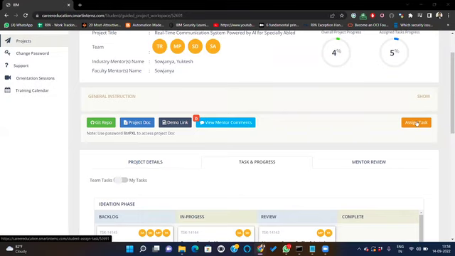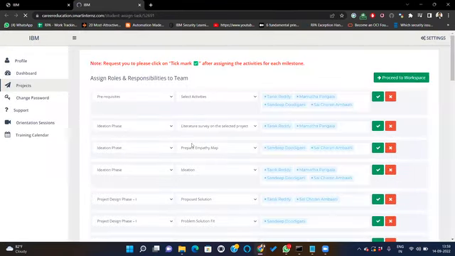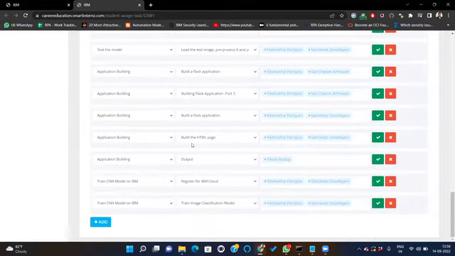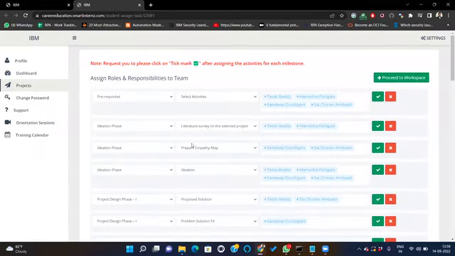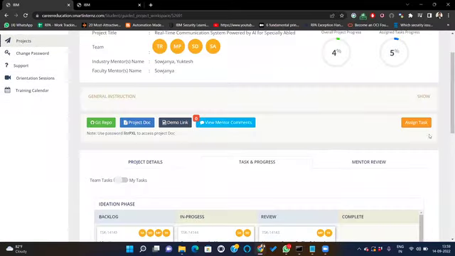The students who have made a mistake, or the students who are not able to see that assign task to team, can click on this assign task, and it will show what tasks I have assigned previously. This is the feature we added just today morning for the students who are facing issues with this assignment work, like assigning the work to their team members.